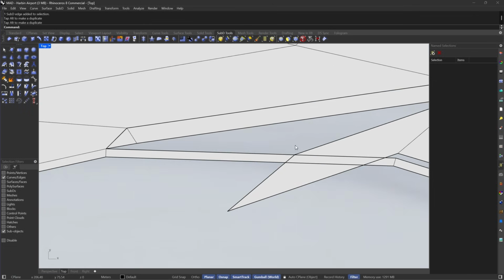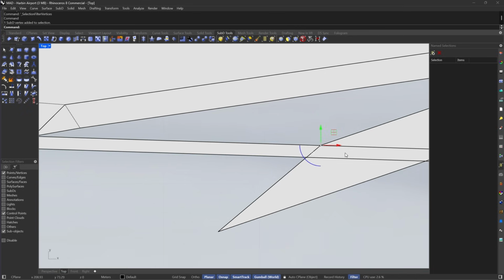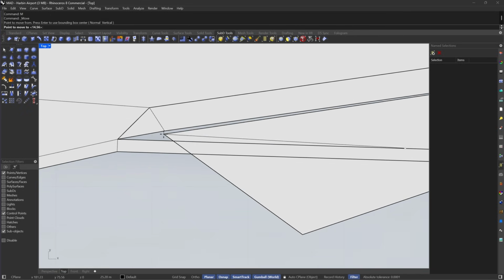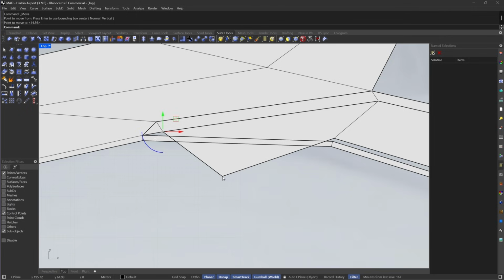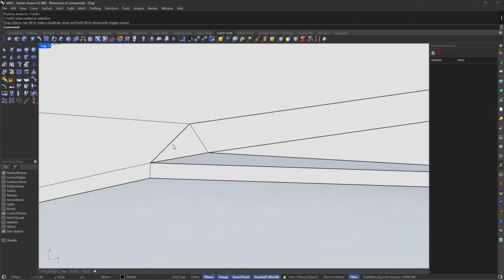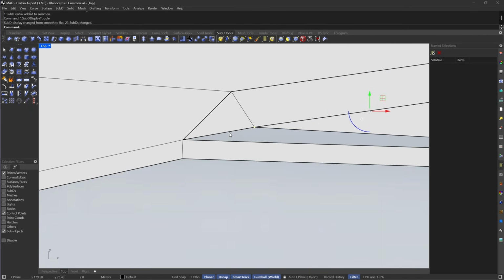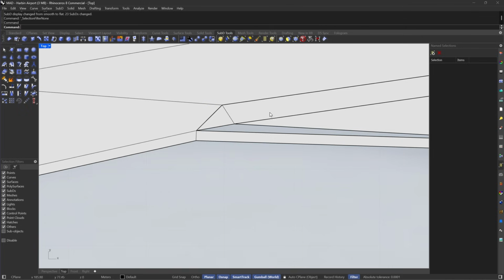Actually, maybe in this case I'm going to move this from this point to this point. I need this to be something like this, so this is a little bit tricky. Maybe in this case I don't need this vertex right here. Let's isolate this,